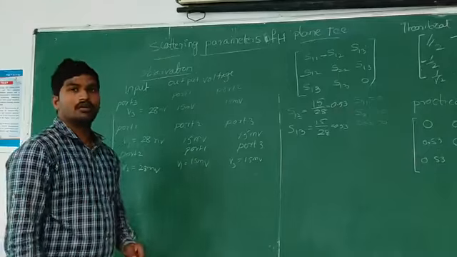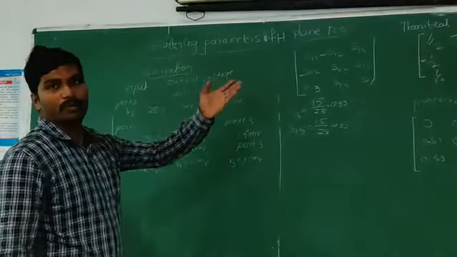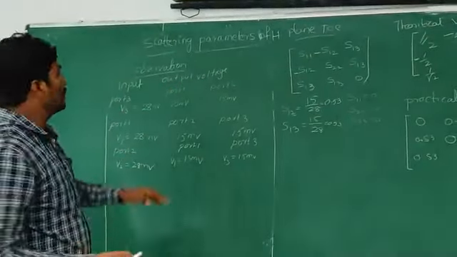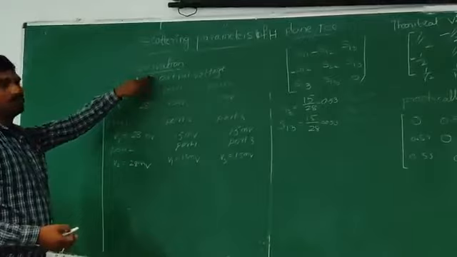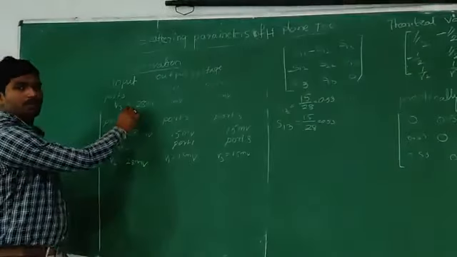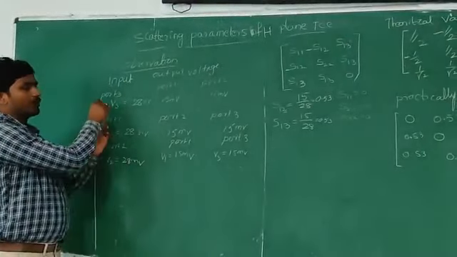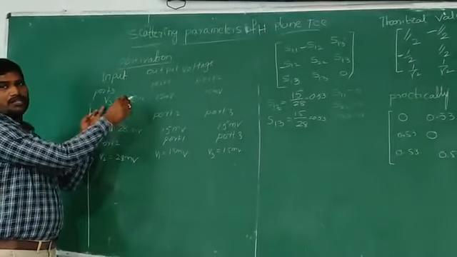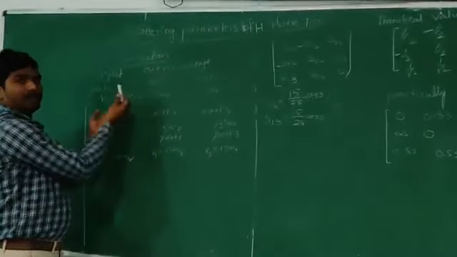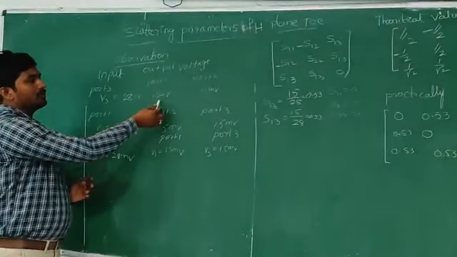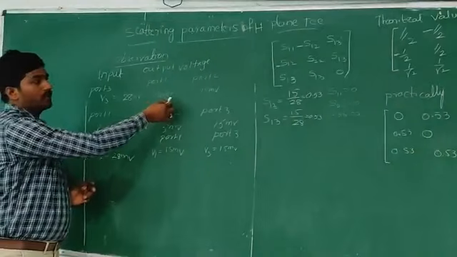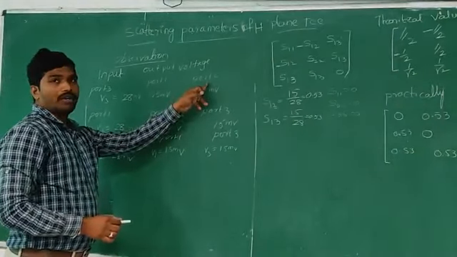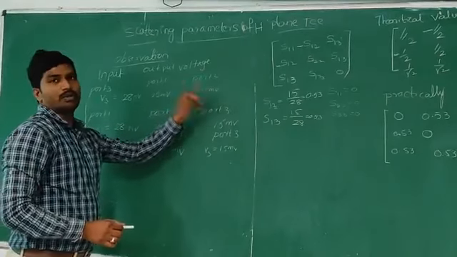Okay, now we are going to observe the H plane T properties. We are taking values by using a practical session. We have connected the H plane T and connected the input at port 3. We got 28 millivolts without connecting the H plane T. After connecting the H plane T, we got the output at port 1 as 15 millivolts, as well as the voltage at port 2 equal to 15 millivolts.